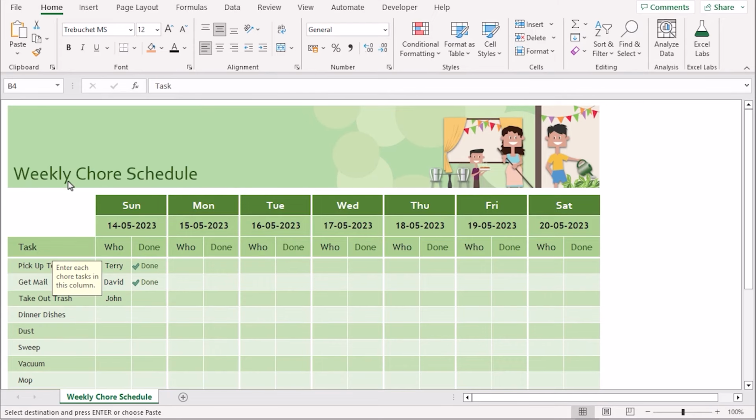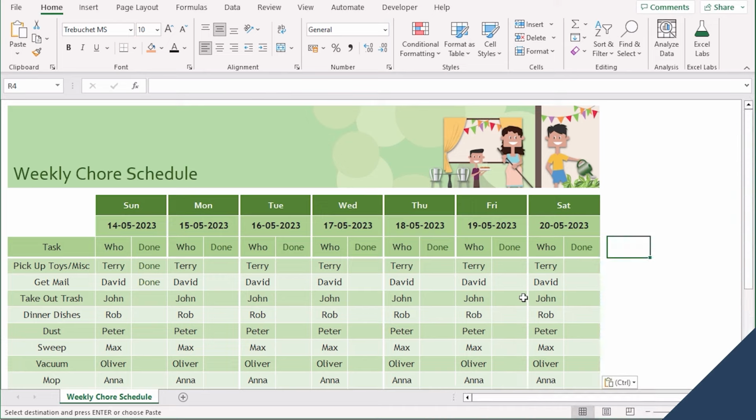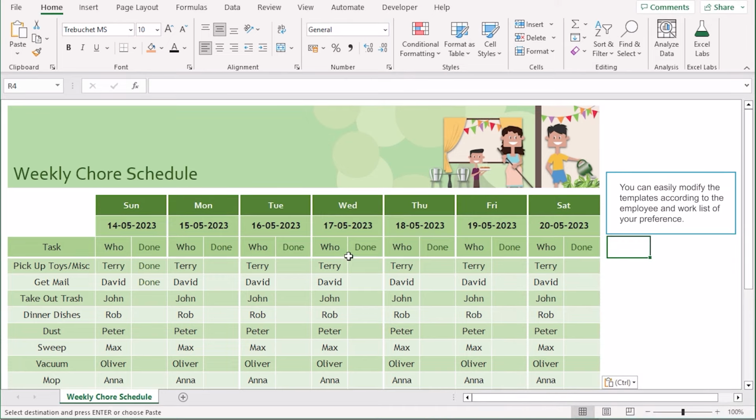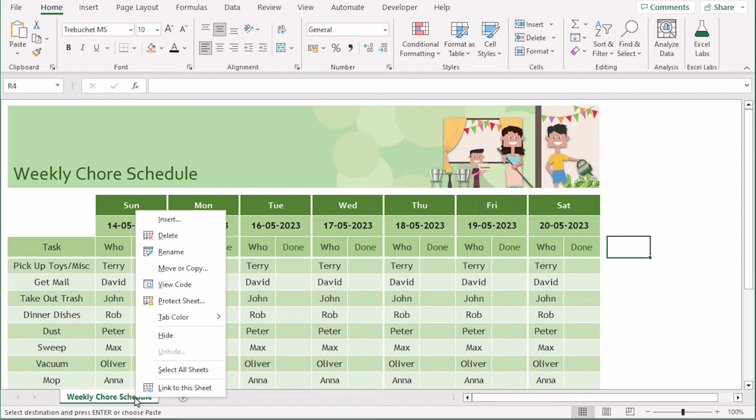Now you will see the weekly chore schedule has opened in a new worksheet. You can change or modify the template as you wish in this new worksheet. If you want to merge it to your previous worksheet, then you can easily go for the worksheet, right click on it,